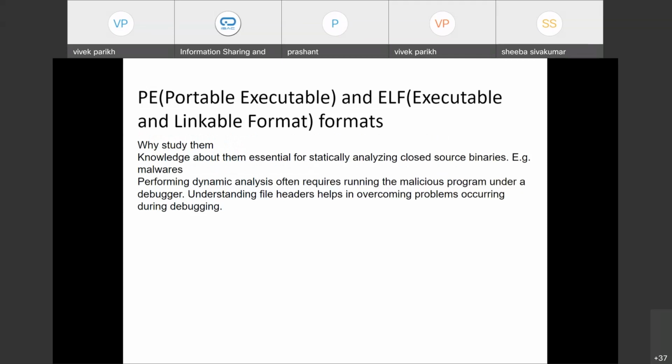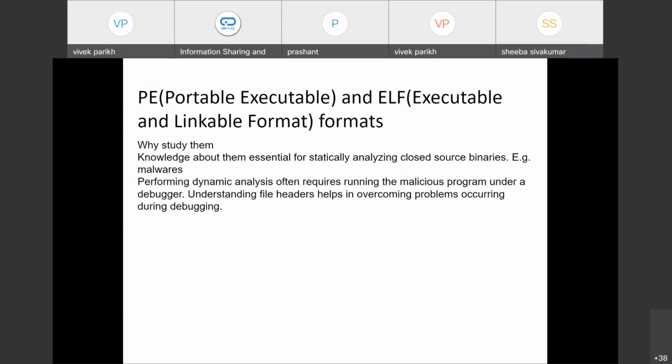Before we begin the analysis of a malware, we need to know the common execution standard for binaries. For Windows, we have the portable executable format, and for Linux, we have the ELF format, which is executable and linkable format. Okay, so why study them?